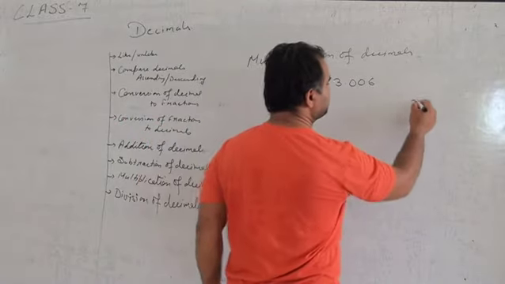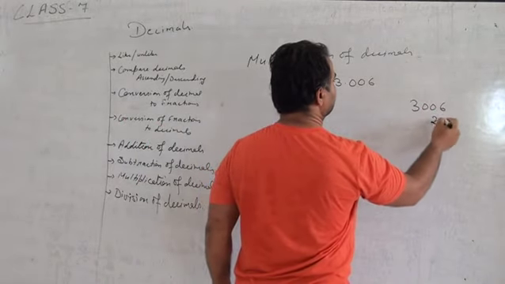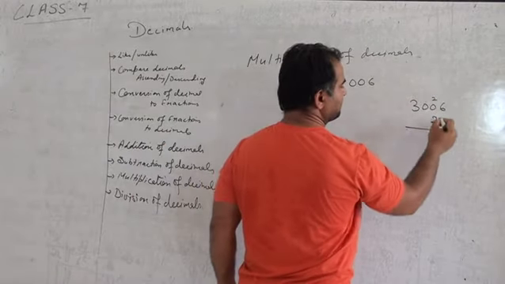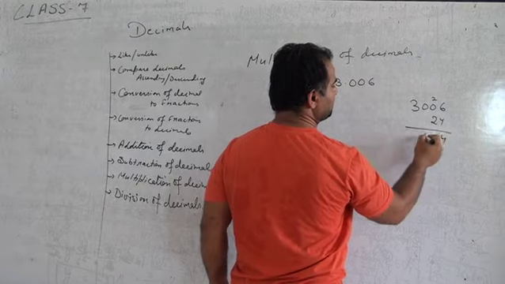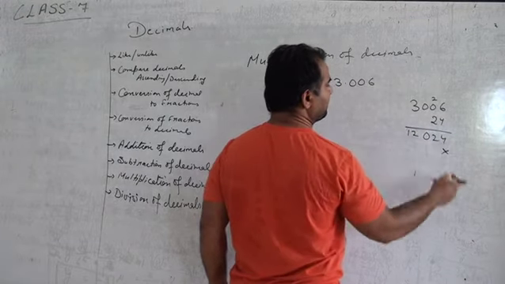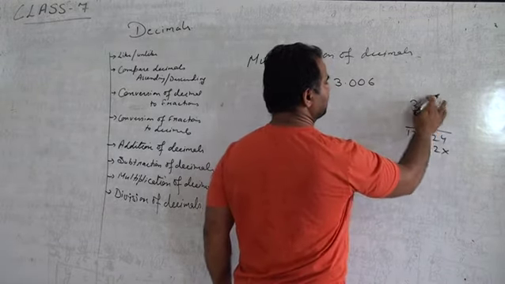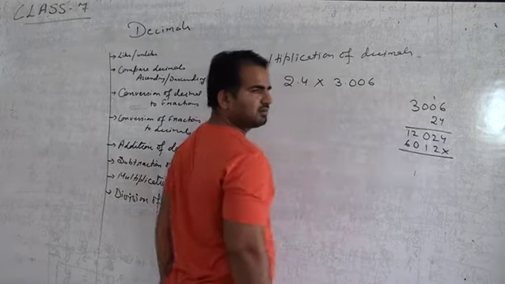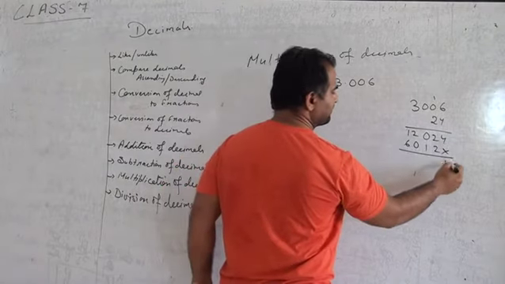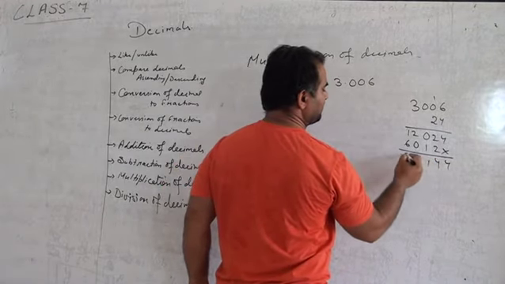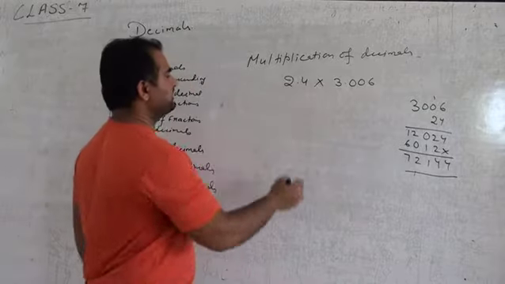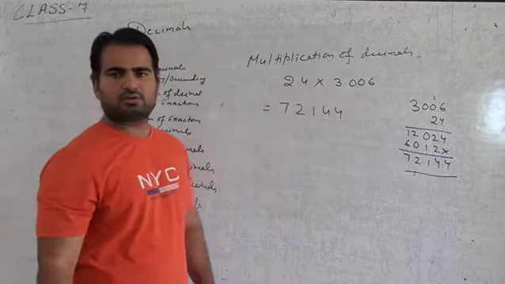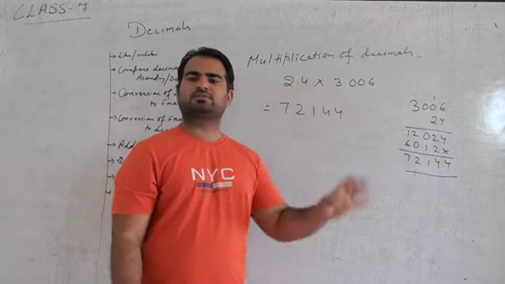So what is 3006 multiplied by 24? Okay, just multiply. 6 4s are 24. It will be 2, 0, 12. Multiply by 6. 2s are 12. It will be 2. There will be 1. 2 0 is 0. 2 3s are 6. Done. Then we will have to add. 4, 1, 2 and 7. Done. The answer is 72144. Done. Okay, what we had memorized, it was 4.